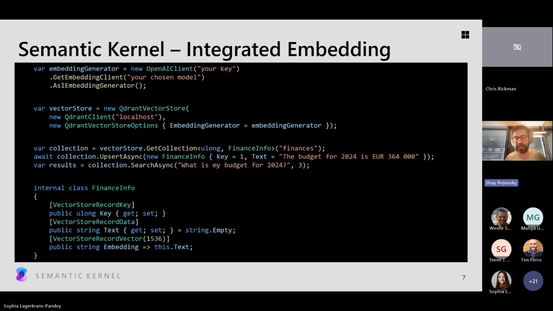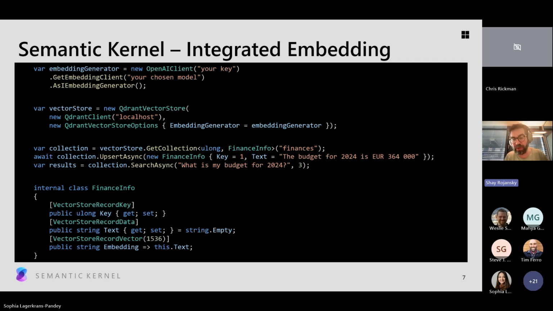So how does this work? It's pretty simple. All you have to do is wire things up. You have to tell us what the embedding generator is, and this is the line that you see above. So now we can actually look at this code from the very top. First of all, we create an embedding generator. In this case, we're going to configure an OpenAI embedding generator. It can be anything. You choose the model, you parameterize it, you give it the endpoint. For now, you still have to do this AsEmbeddingGenerator call. That will disappear later. We're going to make this even nicer.